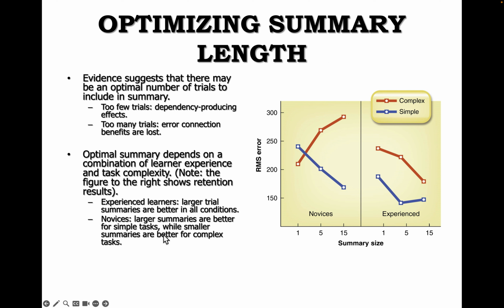Versus for novices, for very simple tasks, you will benefit from having larger summaries. Versus for complex tasks, it's better to have smaller summaries. So for example, a more complex skill, let's say doing a cartwheel. Doing a cartwheel for a 5-year-old is a very complex task. So it's better, if someone's first learning how to do a cartwheel,